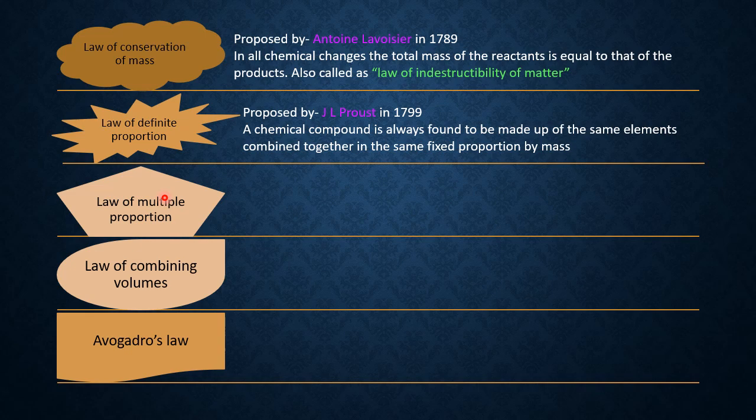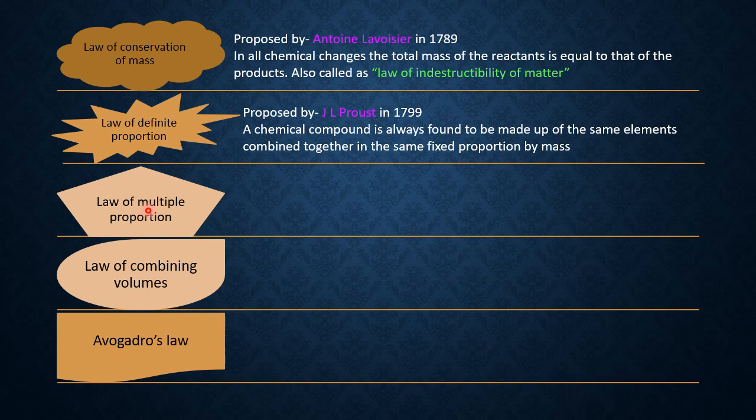That means this law is applicable to elements that combine to form more than one molecule. There also the ratio will be a simple whole number. This indicates that atoms combine as whole atoms, not in fractions. It is not that only half or some part of an atom reacts; the whole atom participates in the reaction. Earlier hydrogen was in the free state before the formation of water. Now after the formation of water, hydrogen is in the combined form. So hydrogen is still there; it has not gone out of the reaction.